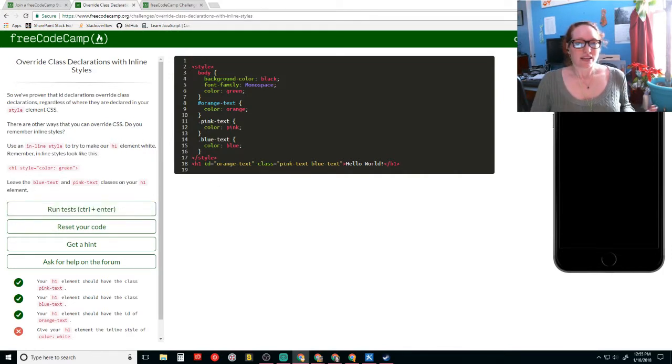Alright, what are we doing here? Inline style instead. Okay. So, basically, we now know how to apply CSS style, how it applies the style.